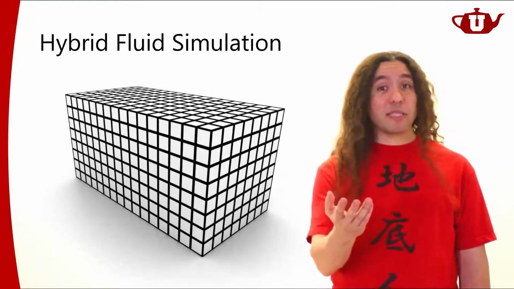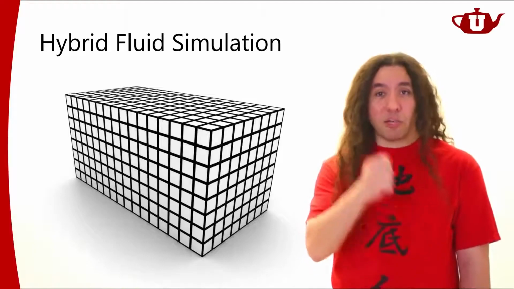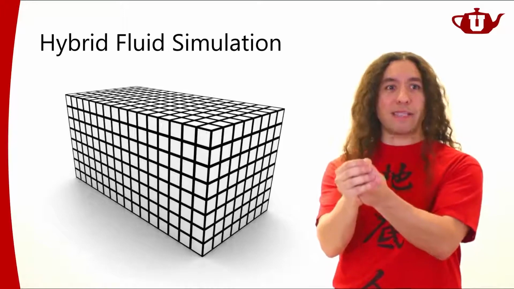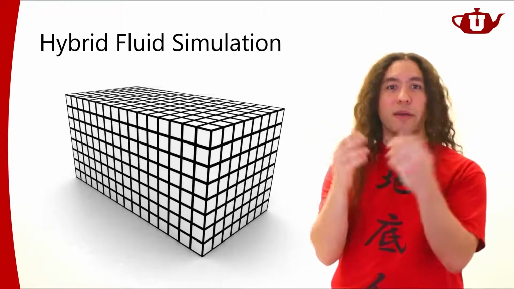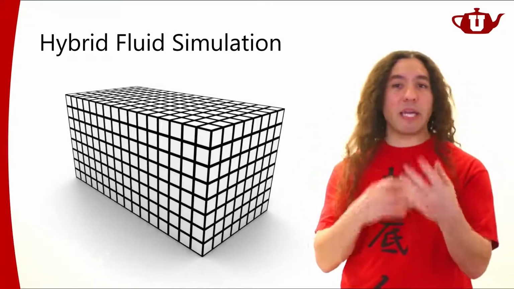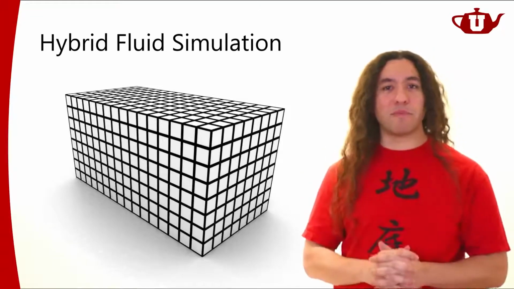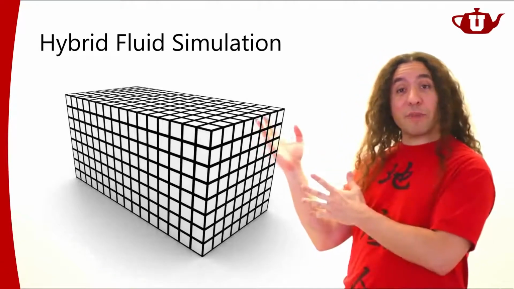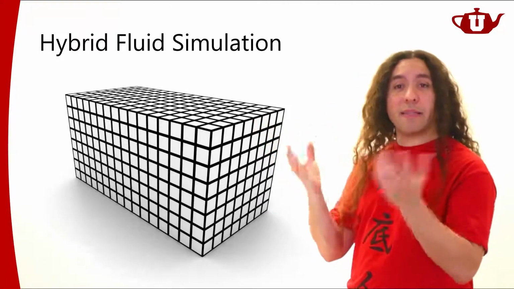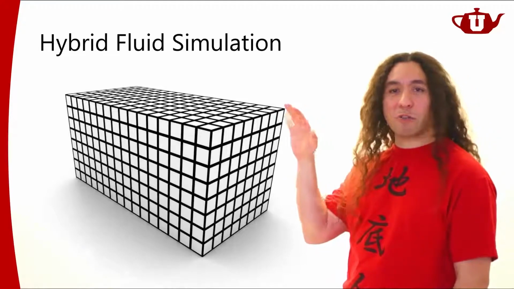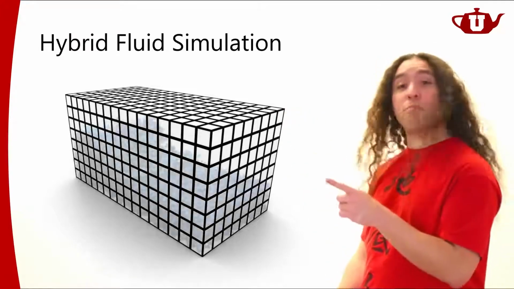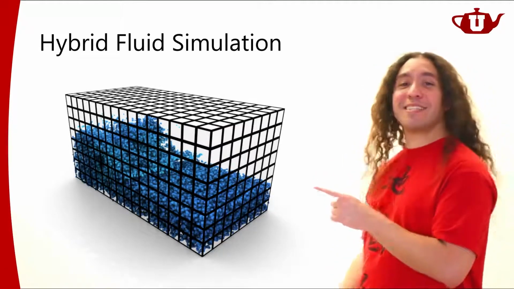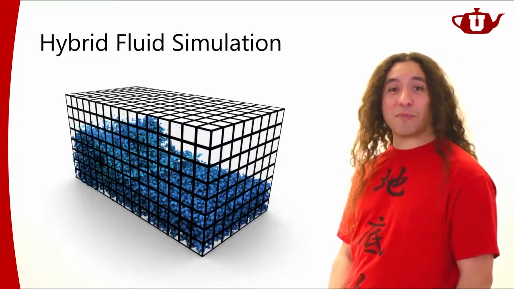With particle-based simulations, I don't have that problem because I have particles that are directly associated with some fluid mass, right? They're not going anywhere unless I delete those particles. But I have difficulty making sure that my fluid simulation is not compressing and expanding. So hybrid fluid simulations solve this problem by combining these two methods. So I'm going to have a grid. I'm also going to have a bunch of particles defined inside this grid. And using this, I can have a nice hybrid fluid simulation.